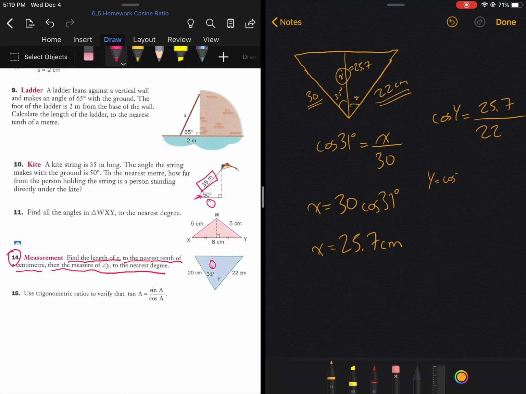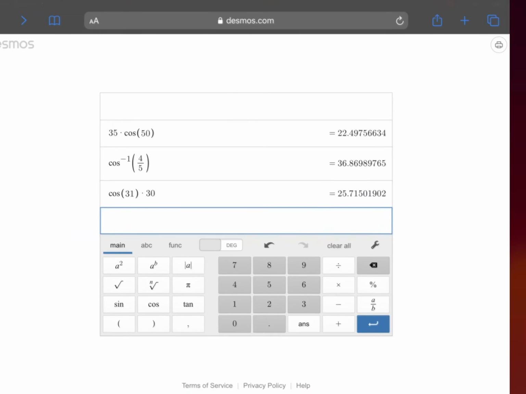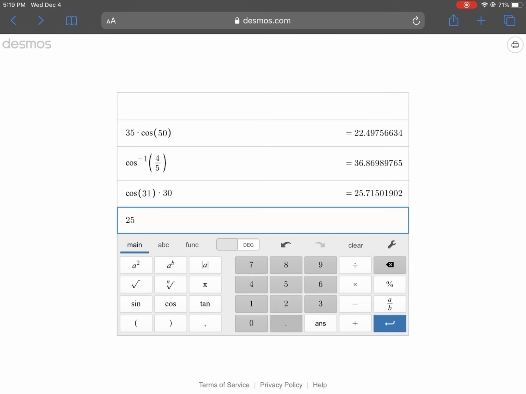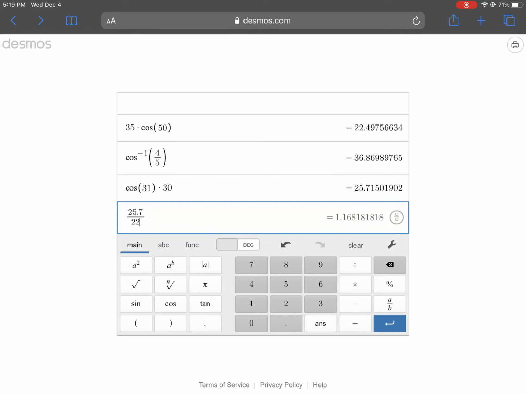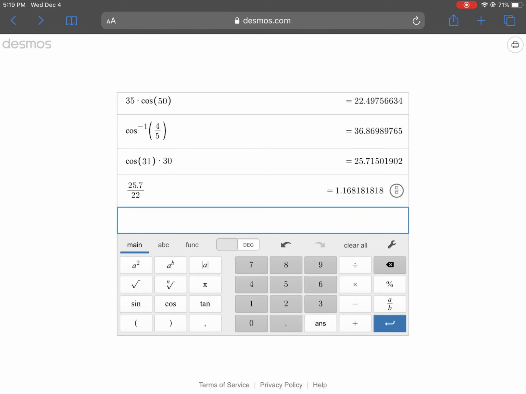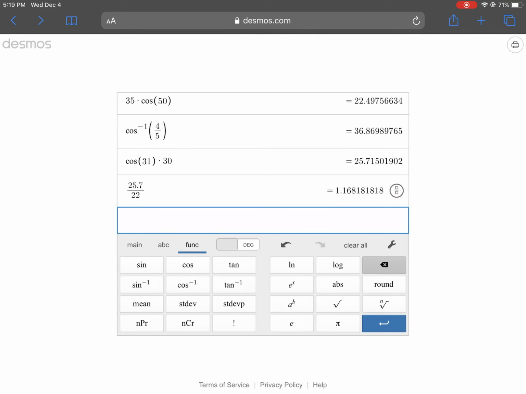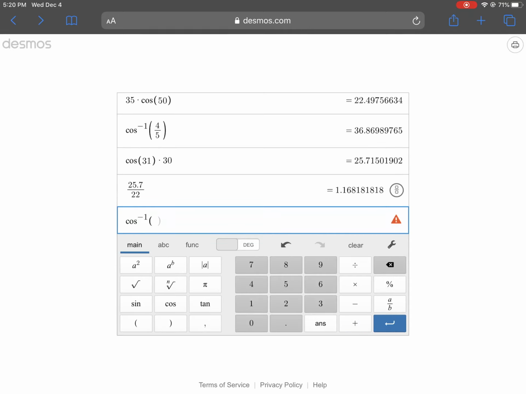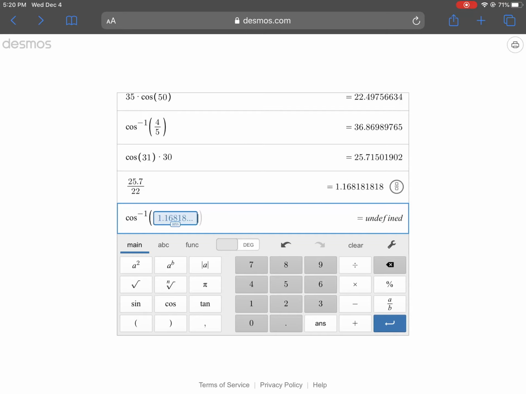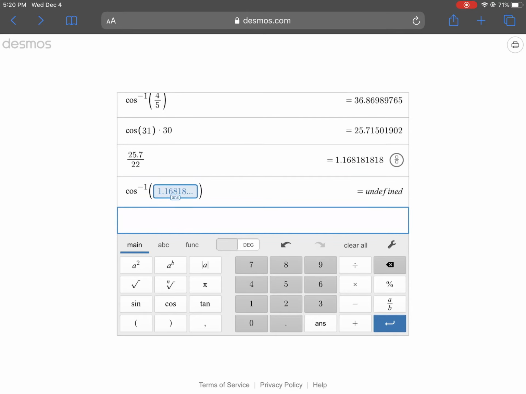So y is going to be equal to inverse cos of 25.7 over 22. 25.7 divided by 22 equals, let's inverse cos that answer. Inverse cos, previous answer, close brackets, equals,